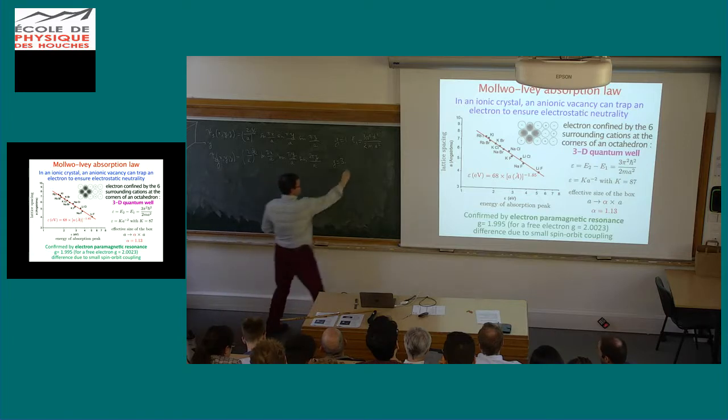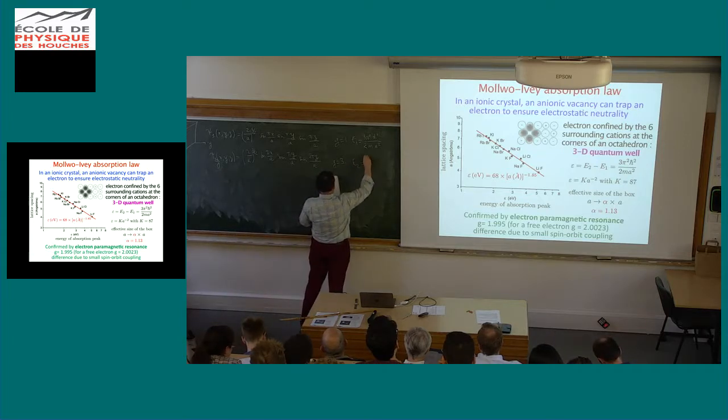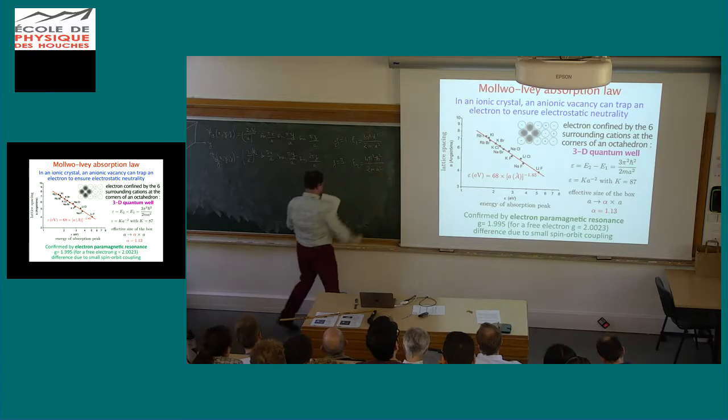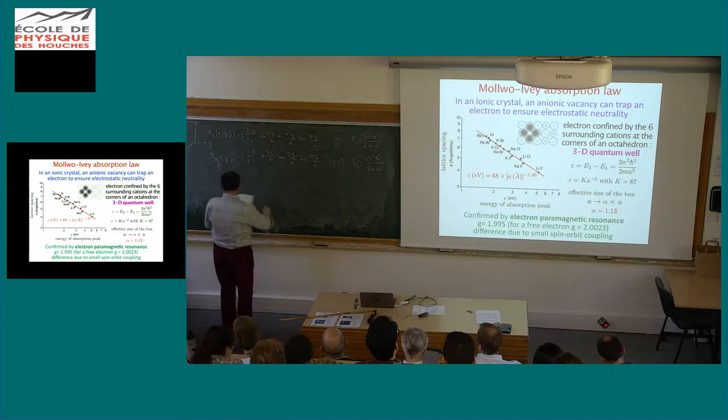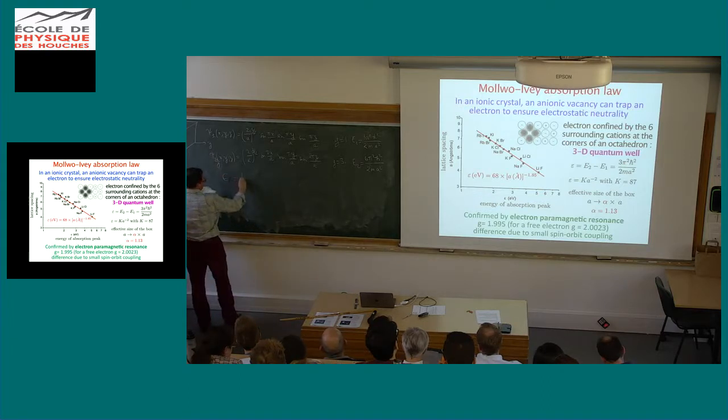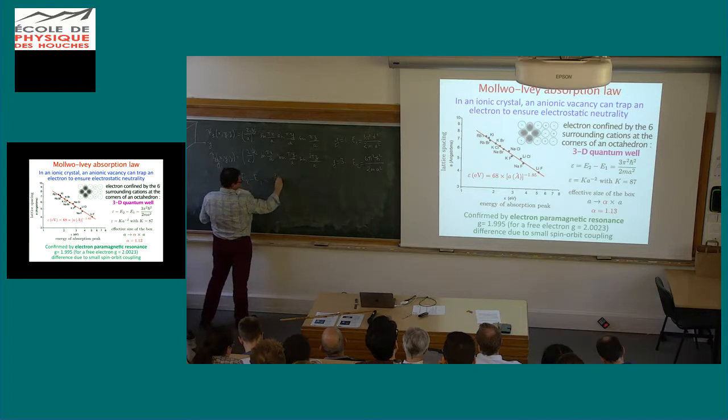And the energy E2 is then 6π²ħ² over 2ma². So the difference between the two energy levels is then